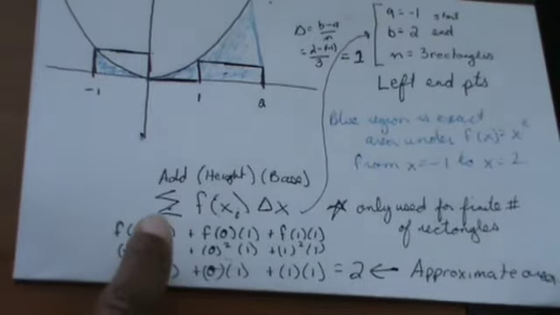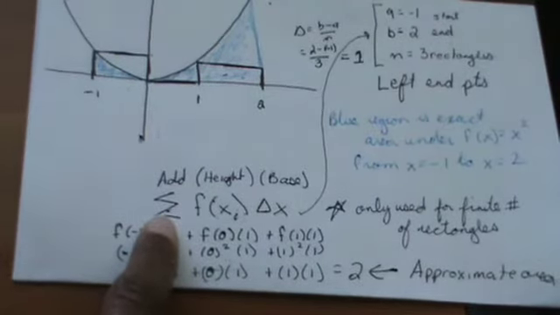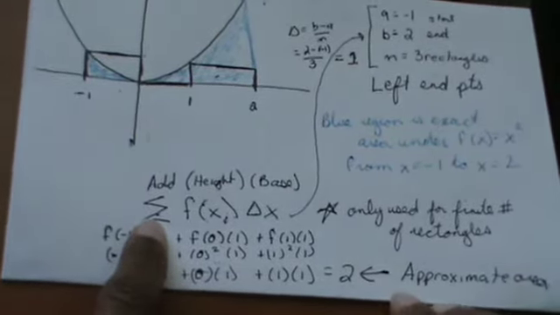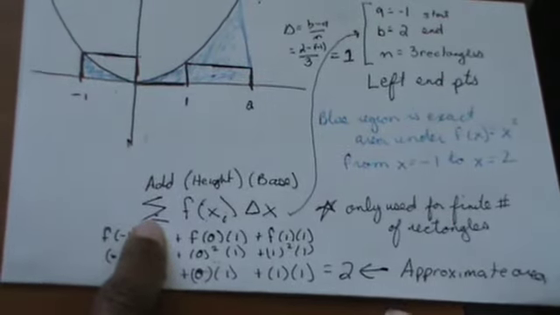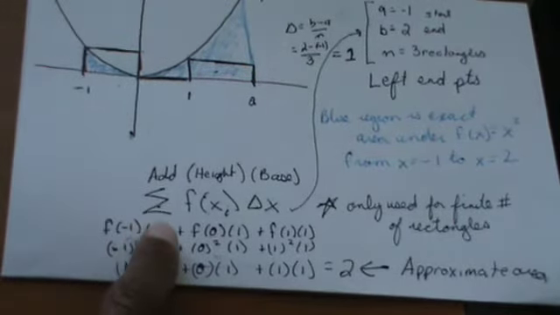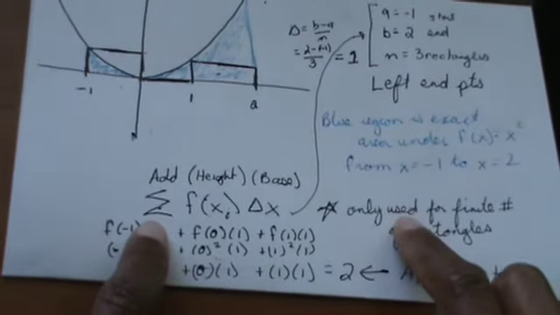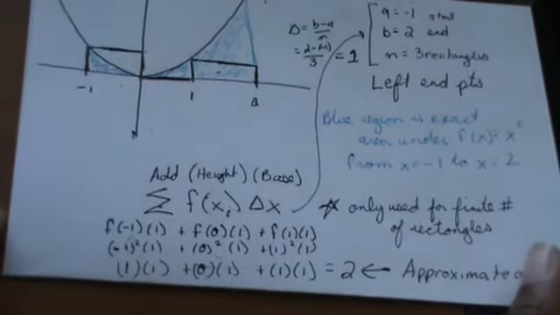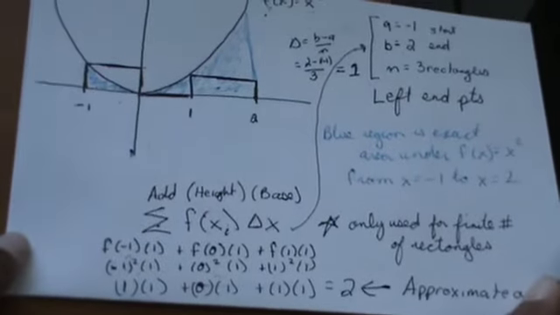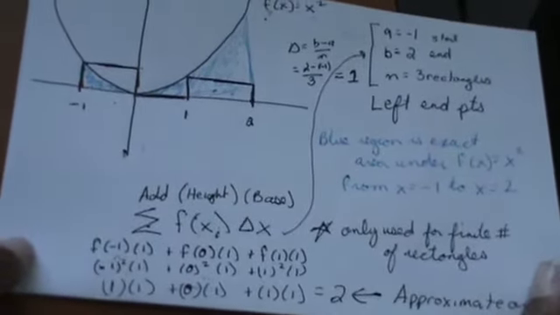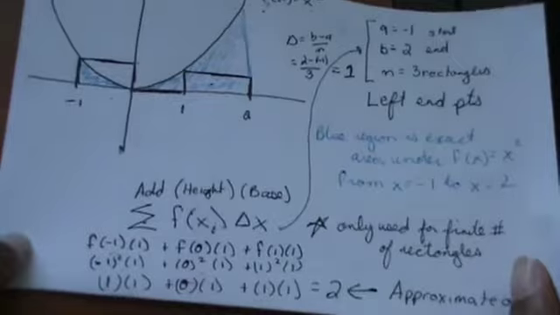All right? So let me point out that this notation is only used when you have a finite number of rectangles. So if you have 5 rectangles or 18 rectangles or 74 rectangles or 29 rectangles, okay? But what happens if you have an infinite number of rectangles? Now in that last video, I showed that the more rectangles you use, the better approximation you're going to get. So let me show you this,